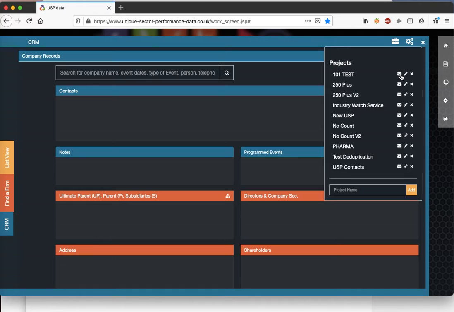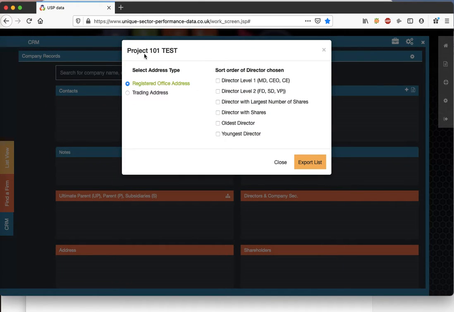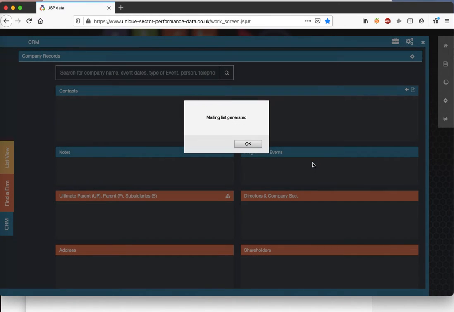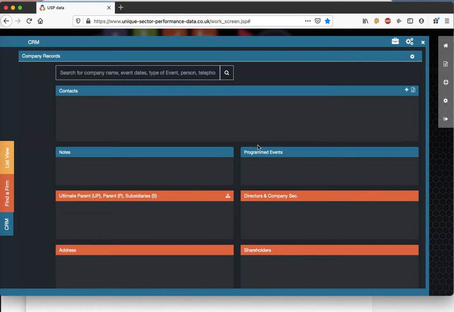And what I could do here is I can go straight to creating a mailing list for this, sorting the directors in the order that I want. So it gives me the first director that it finds; if it finds one with the largest number of shares, it gives me that one. If it doesn't do that, then it goes on to the next criteria. So if I put them into some sort of order, I want the trading address. So when I export that list, it will generate an email to me which will have the mailing list for that